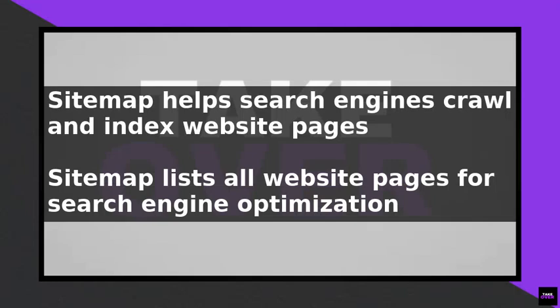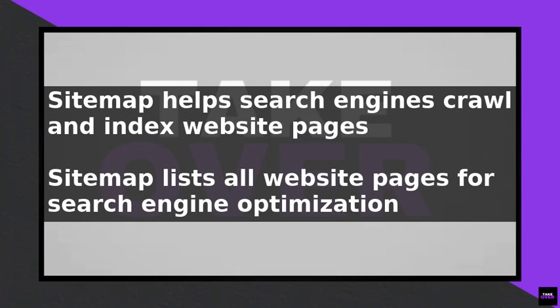Getting a Wix sitemap is essential for search engine optimization and website navigation. In this tutorial we will cover two methods to obtain a Wix sitemap. Firstly, you need to understand what a sitemap is. A sitemap is a file that lists all the pages on your website, helping search engines like Google to crawl